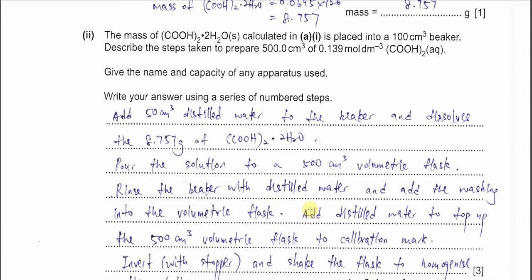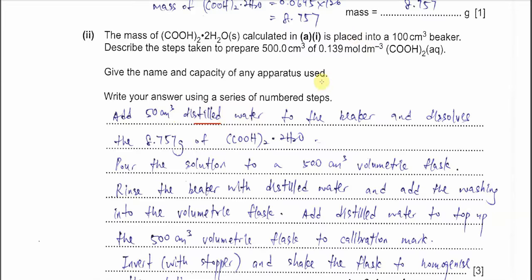Now part 2. The mass of the ethane dioic acid dihydrate calculated in part 1 is placed in the beaker. Describe the steps taken to prepare 500 cm³ of 0.139 mol/dm³ of the acid solution. Give the name and the capacity of the apparatus used. Okay, first we need to add water, distilled water. Don't just put water, distilled water. It must be a small amount. Let's say we add 50 cm³ of distilled water in the beaker,